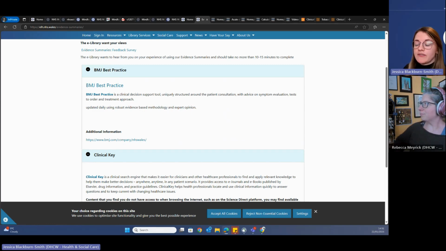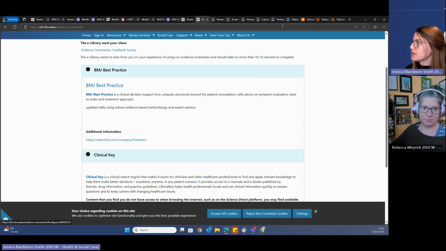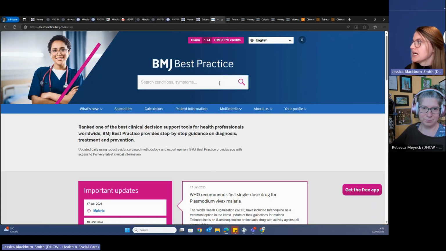And both of these as well are available as apps, so you can access much of the content from your mobile device as well if that suits you better. So I'm going to go alphabetical and show you BMJ Practice first. So I would just click on this link, but I have already opened it up and signed in